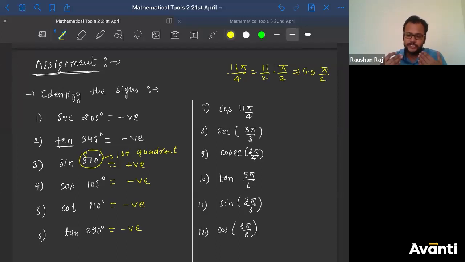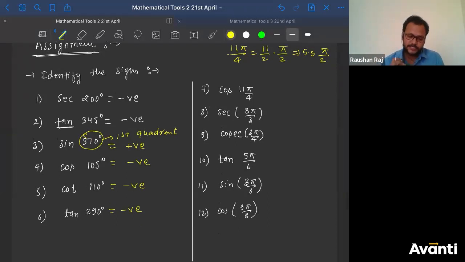But I'm trying to teach you in terms of radian also, in terms of pi also, so that you should also understand in this way. If you are going to put the value of pi by 2 as 90, it will be sure, no issue. But you should also know how to find out in terms of radians, in terms of pi. So yeah, 5.5 pi by 2 is nothing but greater than 5 pi by 2 and less than 6 pi by 2. Now let us go to the quadrant.